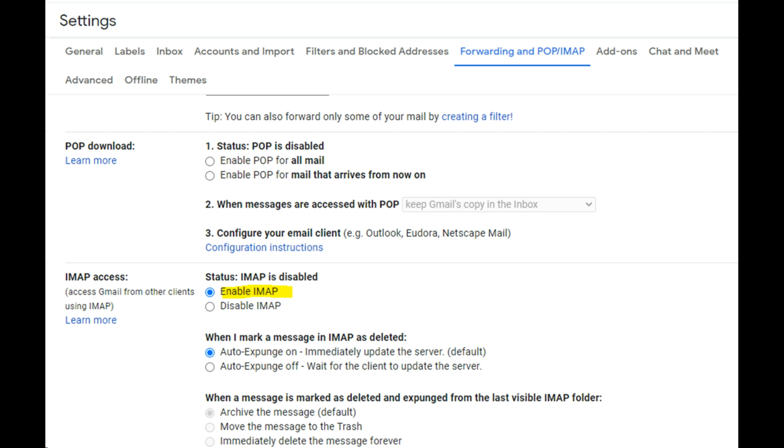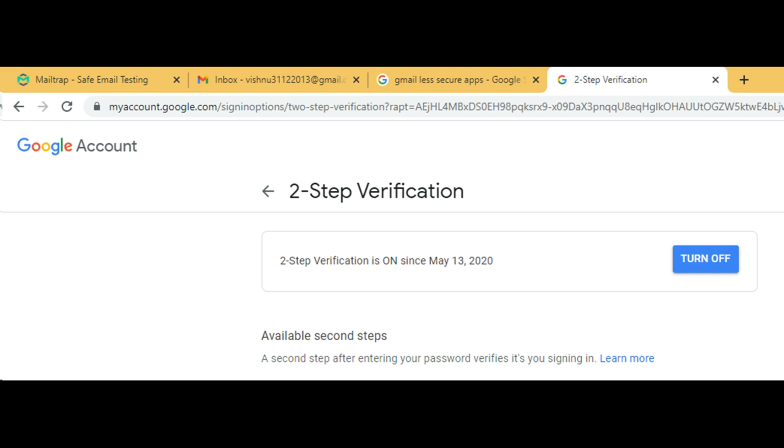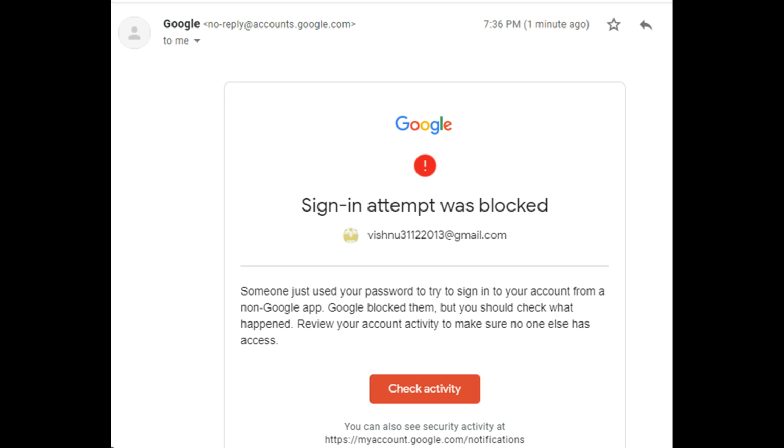First, enable IMAP in your Gmail settings. Next, disable two-step verification. I know that this is bringing down the security and exposing your email to attack, but we have to do this to allow IIB access to Gmail. Gmail is smart. When it did not recognize the IIB application as the normal way in which you interact with Gmail, it raised an alert, and even though the username and password were valid and correct, it still blocked the access. Click on check event activity and allow IIB access.